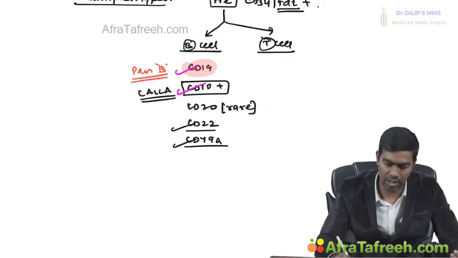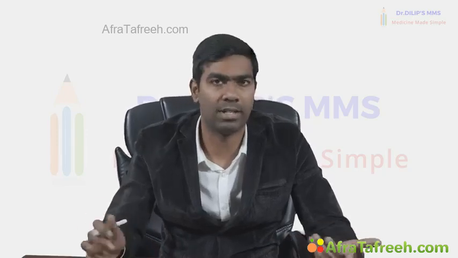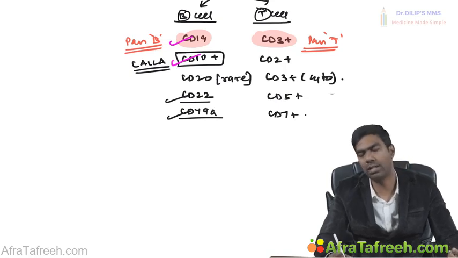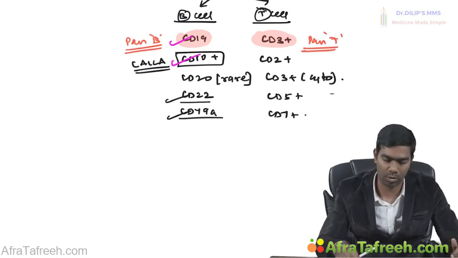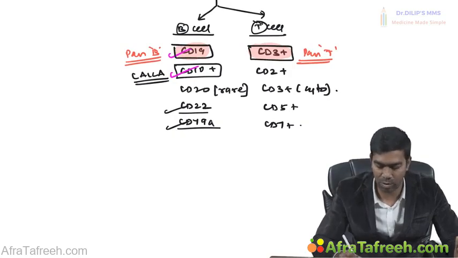If it's a T cell ALL, then it will be around CD3 positivity, because this is a very important pan T cell marker. Then you might get CD2 positivity, then CD3 positivity. Typically it will be in the cytoplasm, not on the cell surface. All these details we have seen in the basics of lymphocytes itself. Then you have CD5 positivity sometimes, and you can have CD7 positivity. CD4 and CD8 are usually rarely positive, because they are seen in mature T cells only, most of the time effector T cells. So in this, I will say CD3 is very important. In B cell ALL, CD19 is the most important, and CD10 is most important.